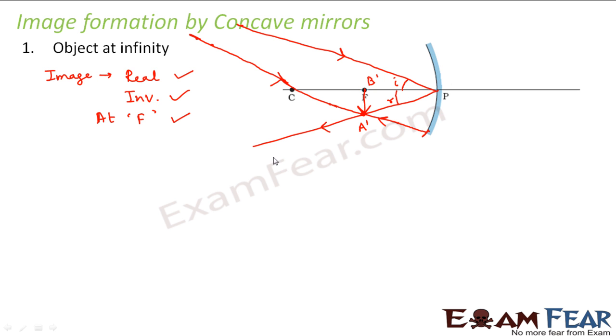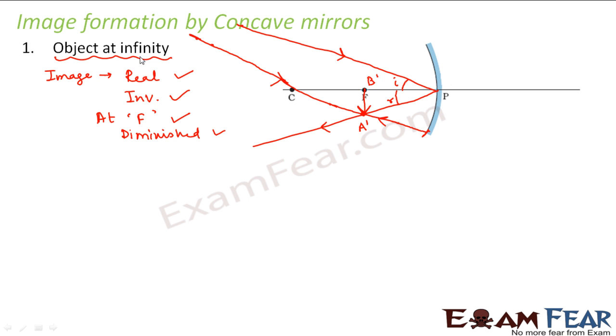What else do we notice about the image? Since the object is located at a very far off distance, we are not able to see the object exactly, but by looking at the image, we see that the size of the image gets diminished. So these are the 4 things which we can tell about the image if the object is placed at infinity. And this diagram which we draw is known as a ray diagram, where we plot the entire diagram using different rays of light.